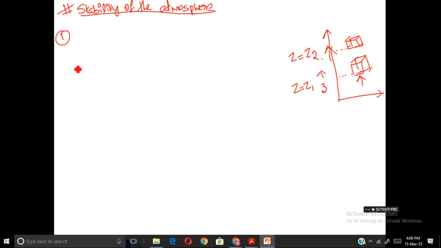So if we displace the air parcel from its initial position,